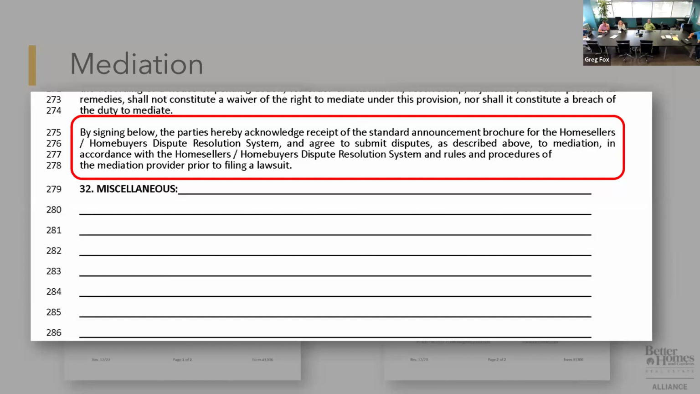Is it in the listing agreement too? No, this is the contract to purchase, because that's between the buyer and the seller rather than the listing and the broker. But just be aware, it doesn't hurt to have them sign the form. It's not worth the battle to try to get somebody to sign if they don't want to, because it's already built